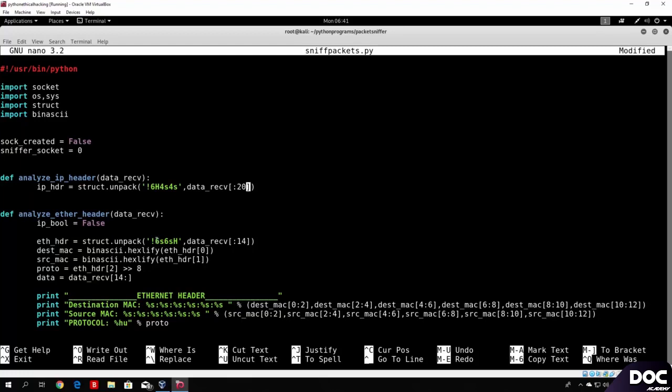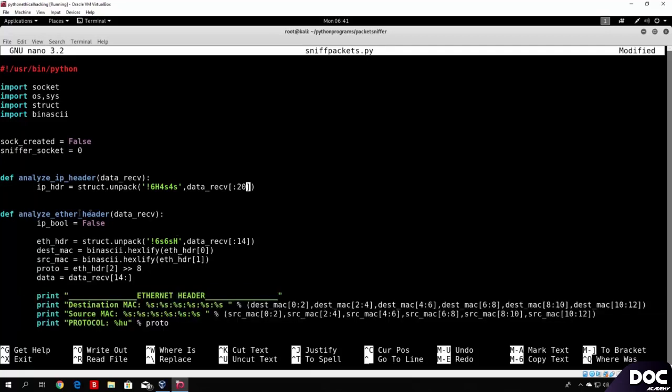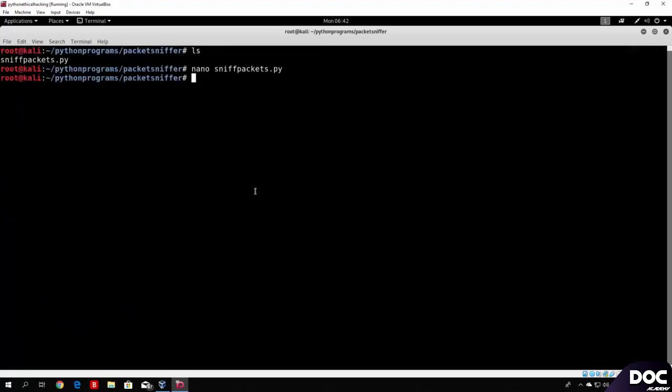For example, the first 6S corresponded to the destination MAC address, so we split it and used that 6S in this function right here. The second 6S was another 6 bytes, which corresponded to the source MAC address, and this capital H corresponds to the remaining 2 bytes, which was the protocol that we printed out right here. Basically we printed out all of these 3 fields. So we split the ether header into 3 fields and corresponded it to this pattern right here. We will do the same here, but if you notice, let me just open our